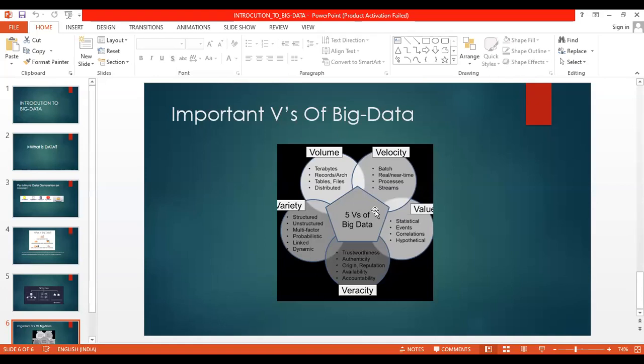Now, why are we using big data? First thing, business can utilize outside intelligence while taking decisions.